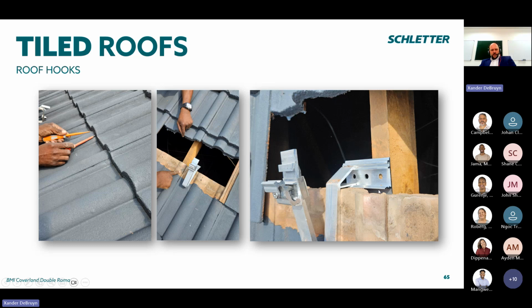So when I mean the rafter thickness, we're talking about the gap basically between this rafter and the batten that runs, sorry, I meant the batten thickness, the rafter and the batten that runs across it over here. So you've got to be sure that the roof hook has sufficient height to go over the tile that you are using. And the reason for that is